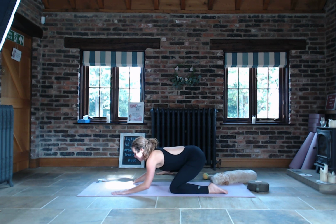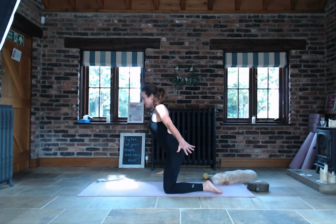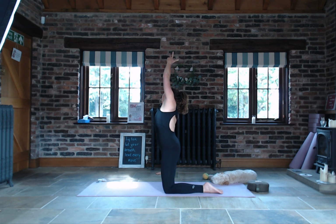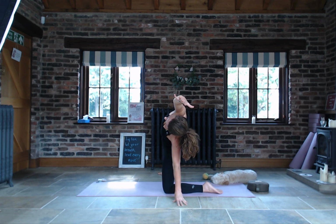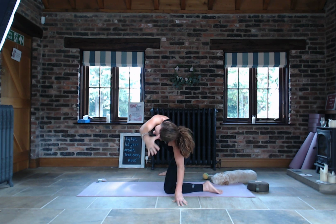And then we come all the way back up and use your in-breath to reach the arms high. And as you exhale, fold over that lengthened leg. Feel the length all the way down the left side of the body. Then we breathe in and reach high and exhale over to the other side. Let the ground catch the left fingertips and reach, lengthening, pressing that right foot firmly down,